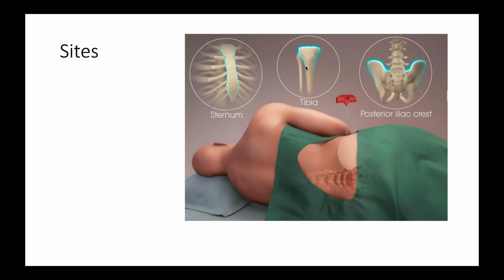So in the tibia, you do it in the anteromedial aspect of the upper part of the tibia, and this is the part where you usually puncture, and we use it in infants. And for older children, we usually use the iliac crest. Then another site is the sternum. We use the sternum mostly in adults, not in children, because in children the bone is thin and there are chances of puncturing through and through. So the two favored sites for children are tibia and the iliac crest. So this is the picture which shows where you usually puncture.